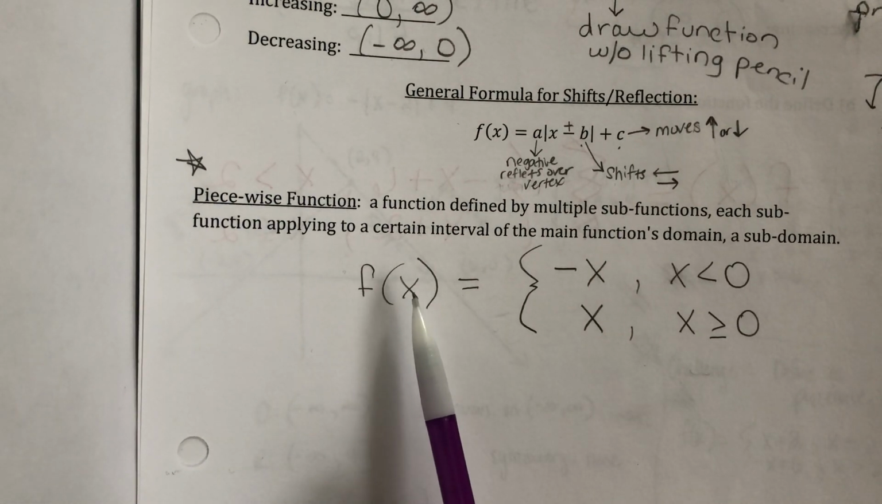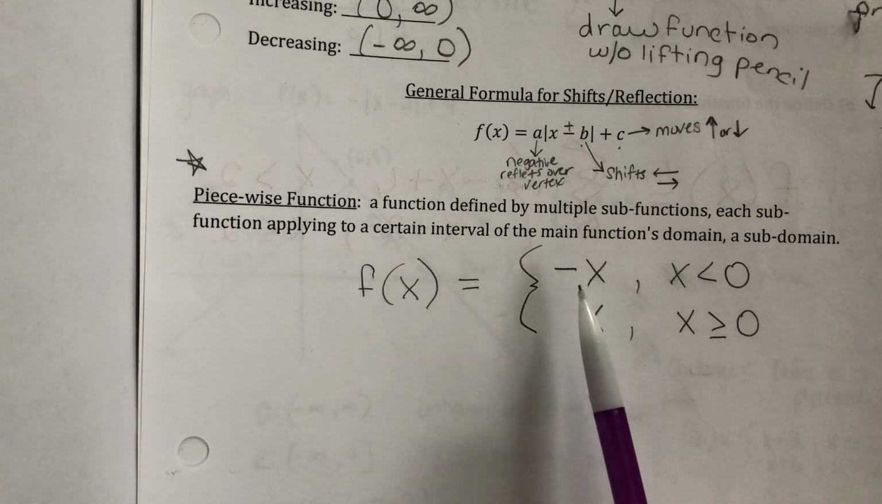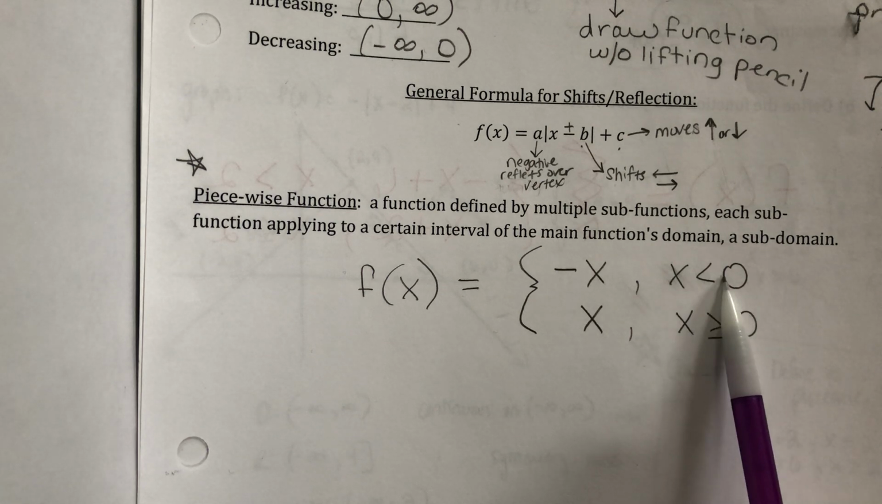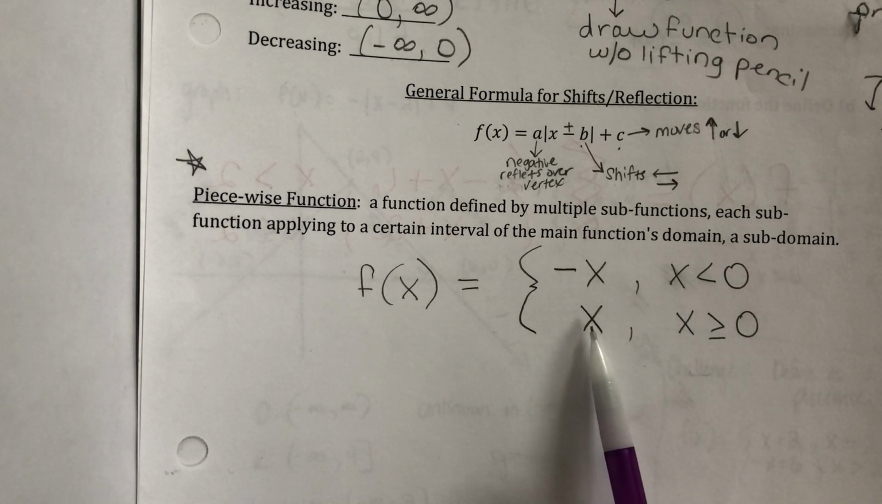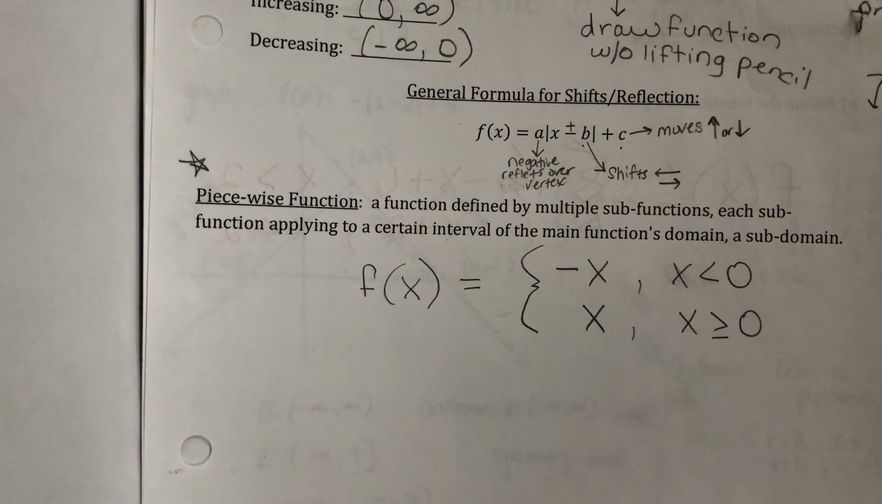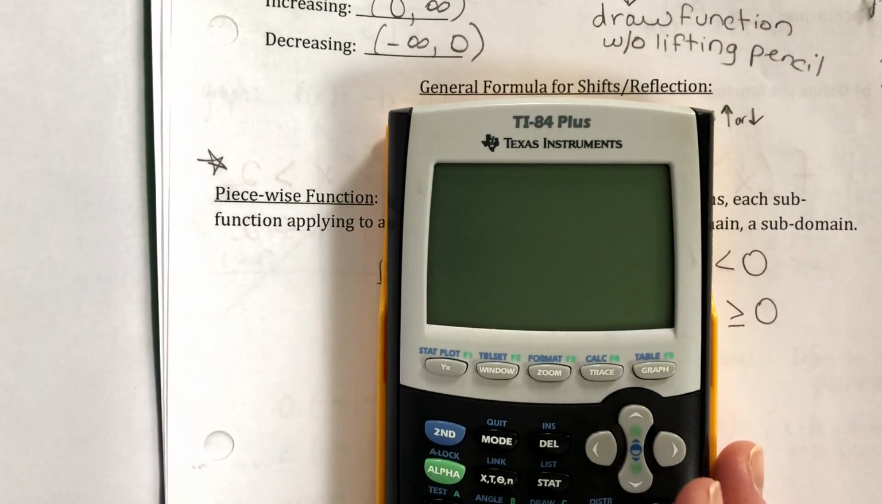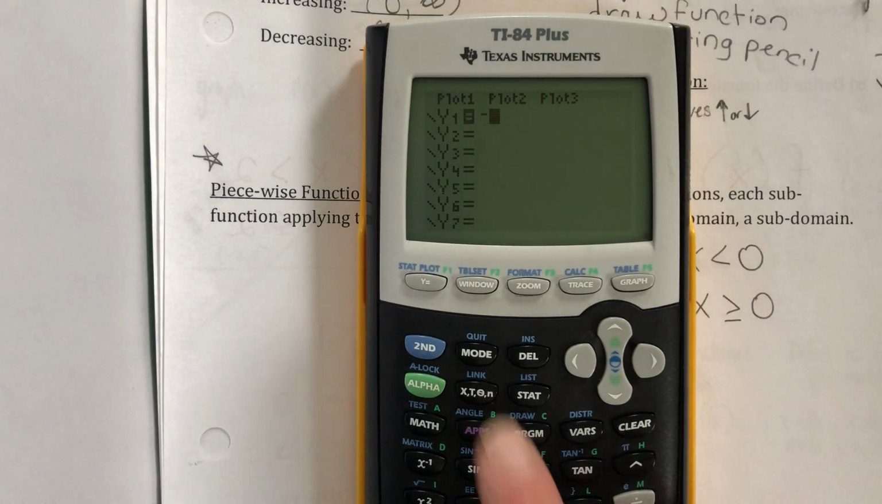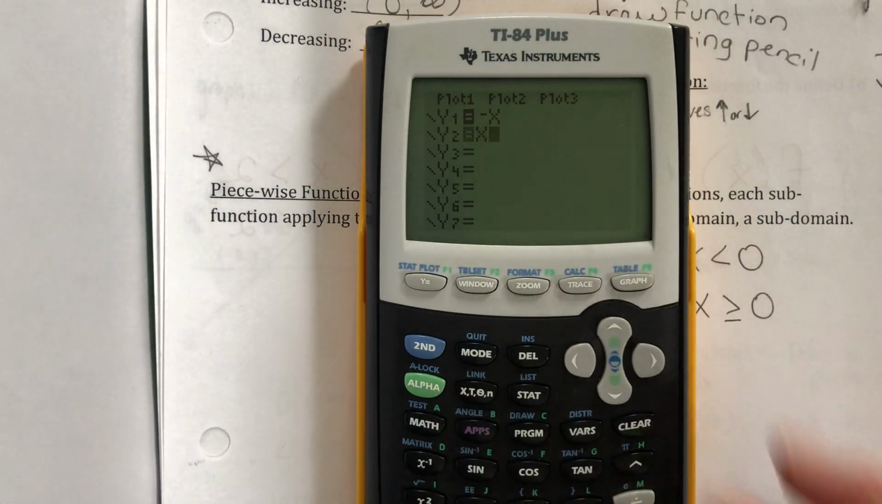So if I want to define that graph above as the line -x for all x values less than 0, and I want to define that graph above as positive x when x is greater than or equal to 0. Let me just take a look at my calculator here, guys. If we just type in, clear that out, the graph negative x and the graph y equals x,